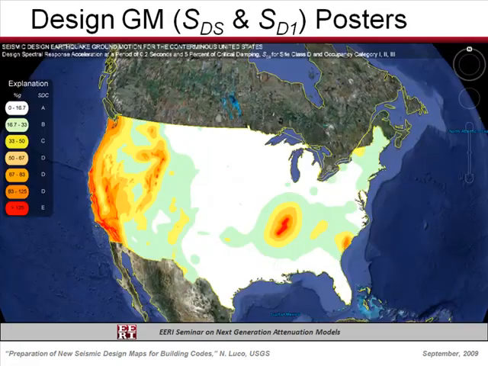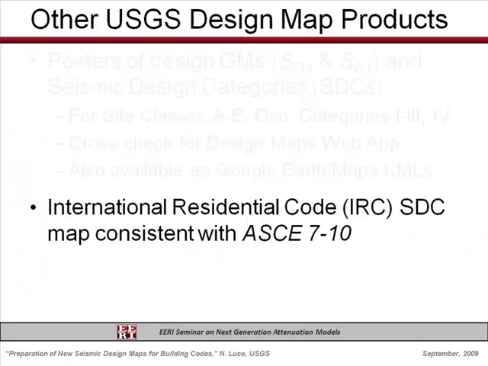And we have these Google Earth versions, and ultimately we're trying to get them into Google Maps as well. This is an example for S sub DS values, design values for 0.2 second, and then corresponding seismic design categories by the color. And the neat thing is you can zoom around, of course, in Google Earth and look up both your seismic design category and, with some contouring, find whether this matches what you got out of the web